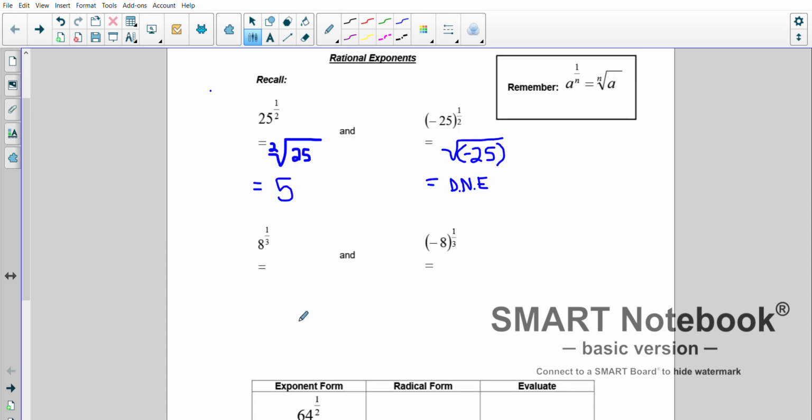Alright, the 8 to the power of 1 over 3, according to this formula, is the equivalent of the cubed root of 8. So what times what times what equals 8? So I could do this in my head, but if you can't, you're going to use your calculator and you're going to find a button. It's usually above your square root button,